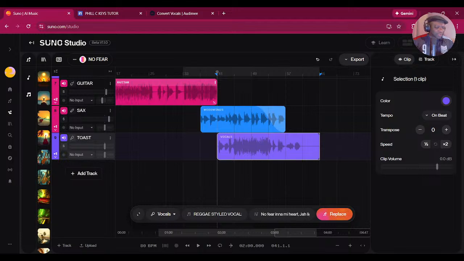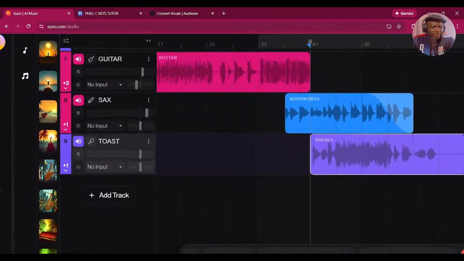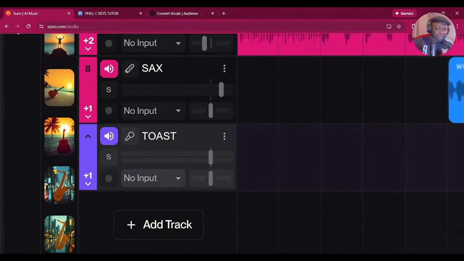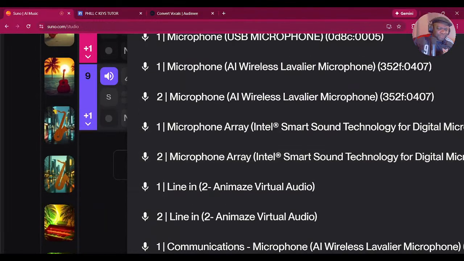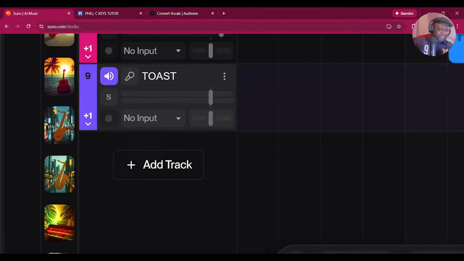So the two things with the latency in Studio: not only is it distracting, it's also uncontrollable in that when you're recording into SUNO, let's zoom in. When you're recording into SUNO Studio, you would have to activate the track and do all that stuff.